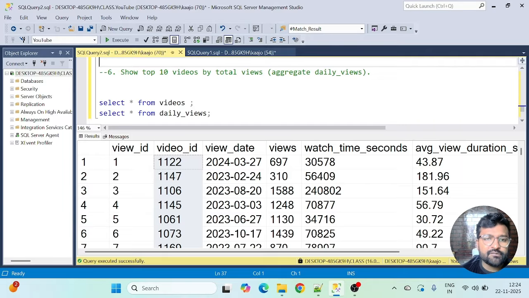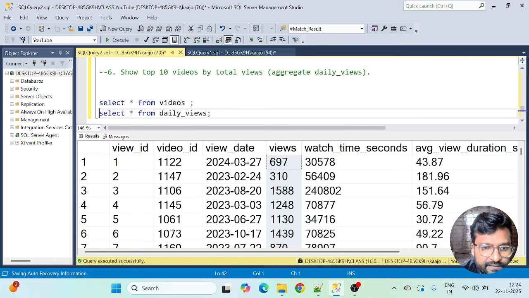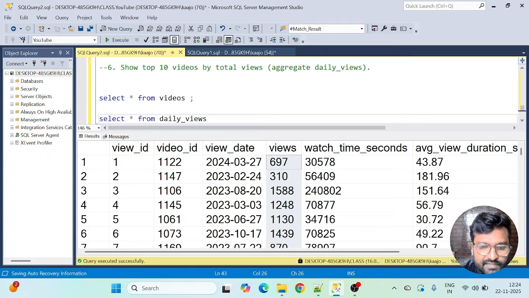Okay, and let's think about this. They're asking us for the top 10 videos by total views. So total views is this. Okay, so what we can do here is we can join videos with the daily views table, right? We can join that later also. First calculate the total number of views for a video from this daily views table.